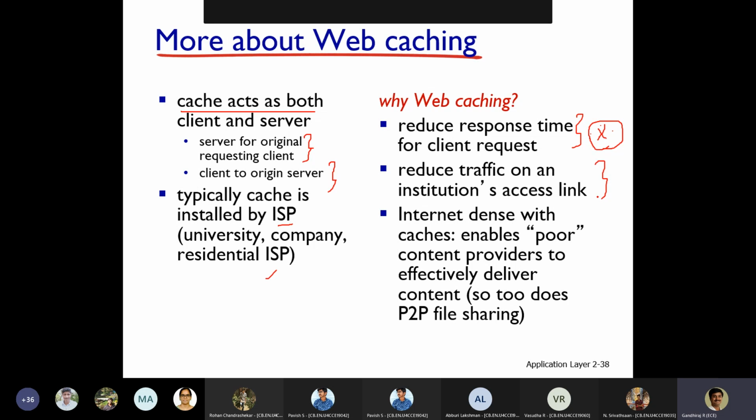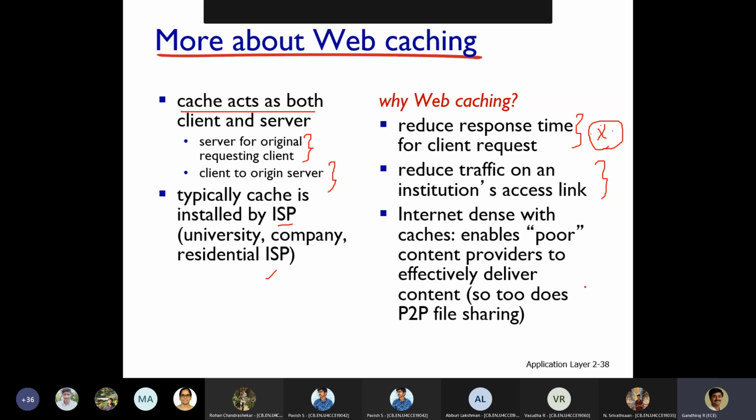Imagine the same network. If people are accessing Amazon during the evening time, they may start requesting many things, ordering many things online. So to reduce the traffic, at least 20 to 40% of traffic can be reduced by doing this type of caching. So the internet dense with caches enables poor content providers to effectively deliver content.